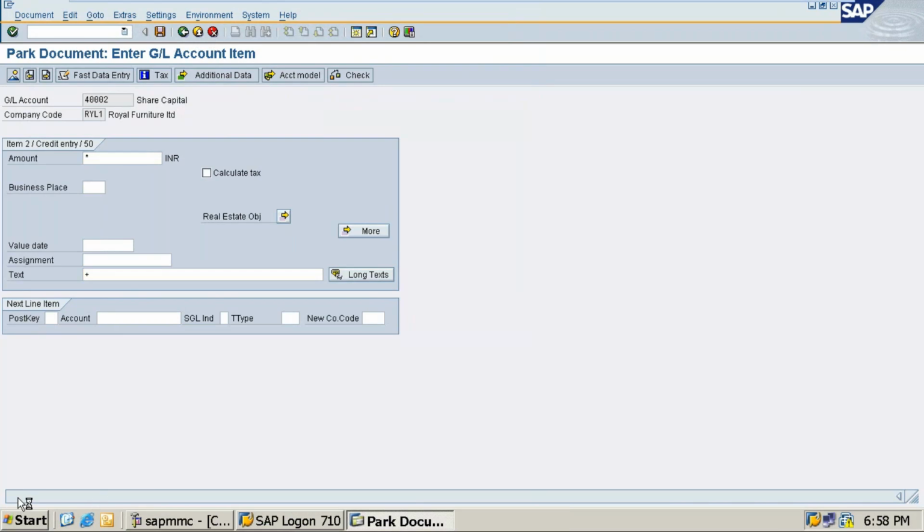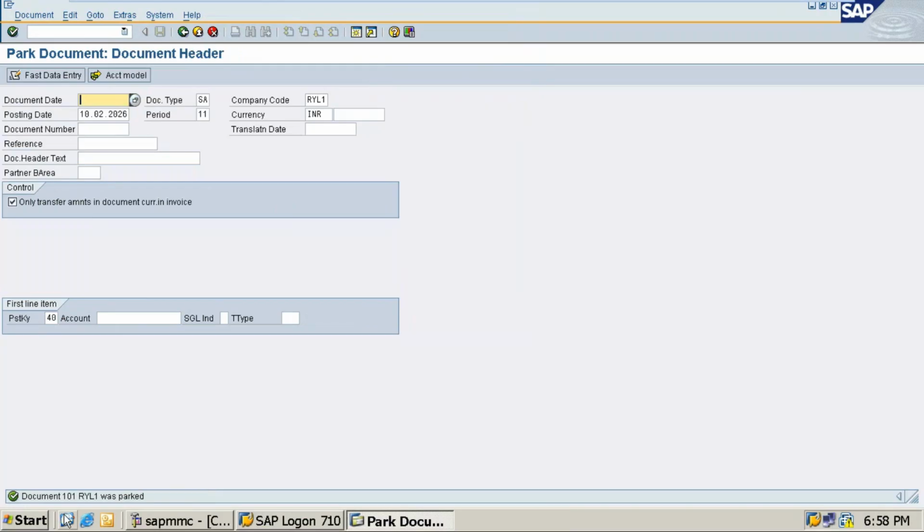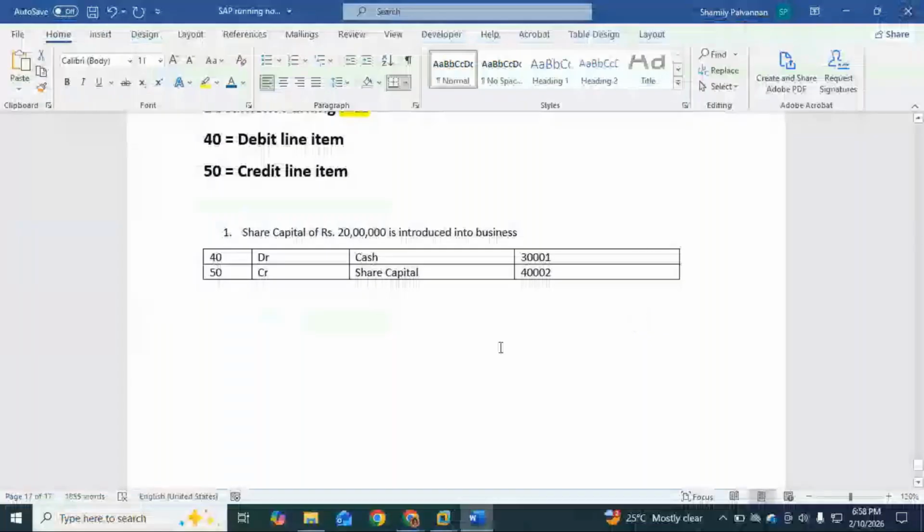You must get here: document is posted, parked. So you have to get this, or the entry saved. So the document was parked. So we are parking it. We are placing it in a bucket. What we have to do? We have to make sure that